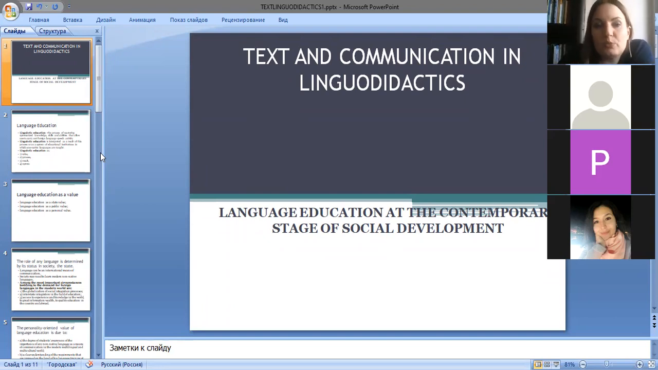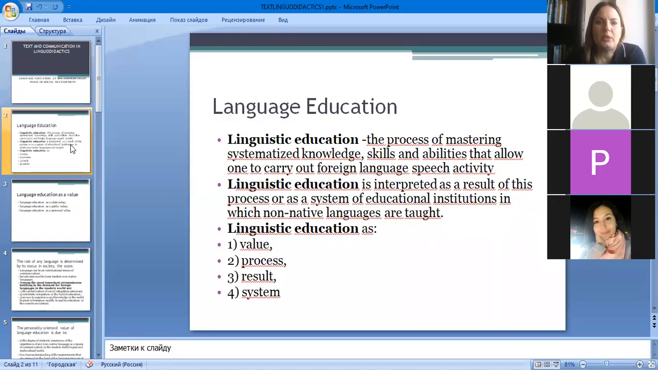So today we are going to speak about language education at the contemporary stage of social development. So when speaking about language education or linguistic education, there shouldn't be mixture in terminology, because actually this is the same term for the notion языковое образование. Recently, the term language education has been used